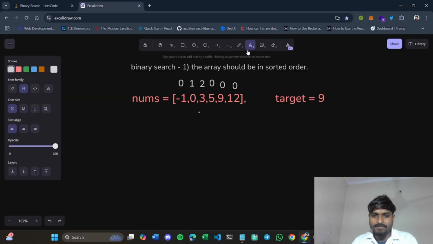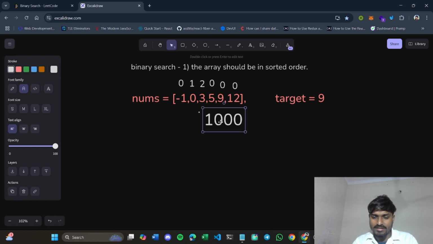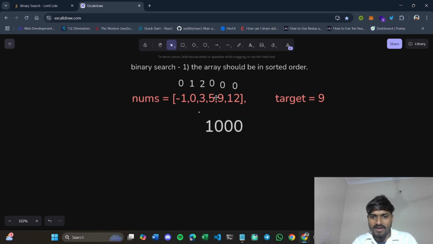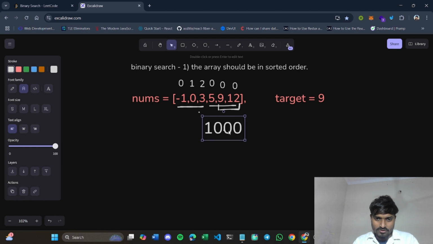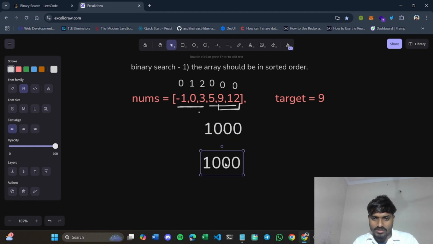Let's say there were 100 elements in an array. In binary search, we were dividing our search space by half. We removed this search space and came to here, again we didn't find our element, so we again reduced our search space by 2. So initially there were 100 elements, and now you reduce your search space by dividing by 2.